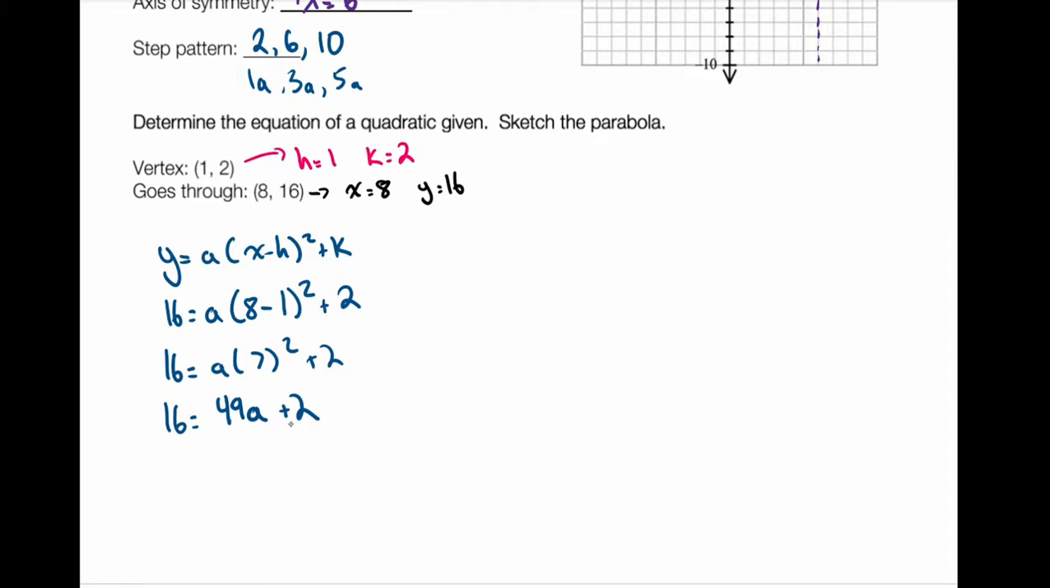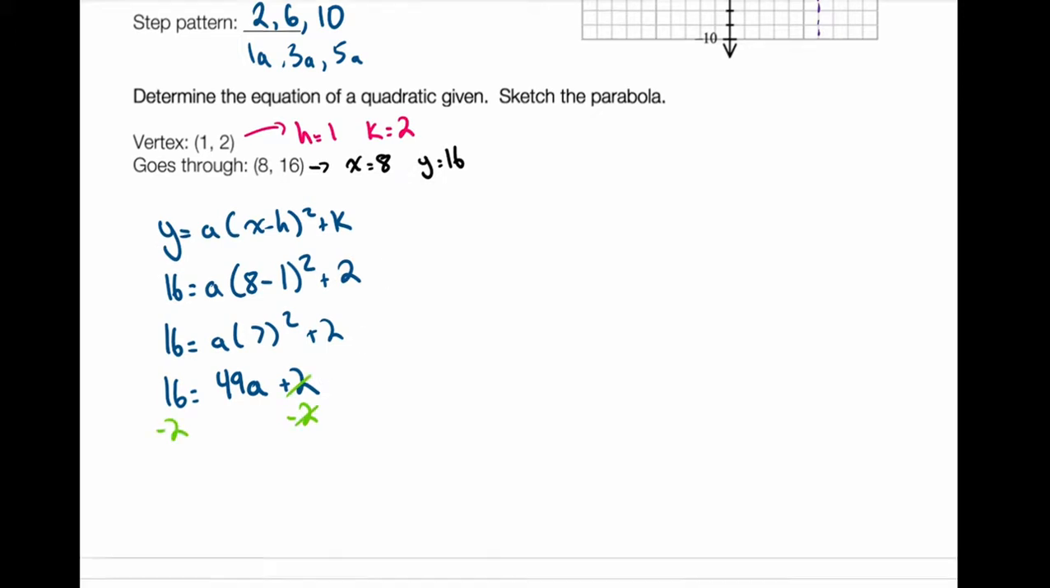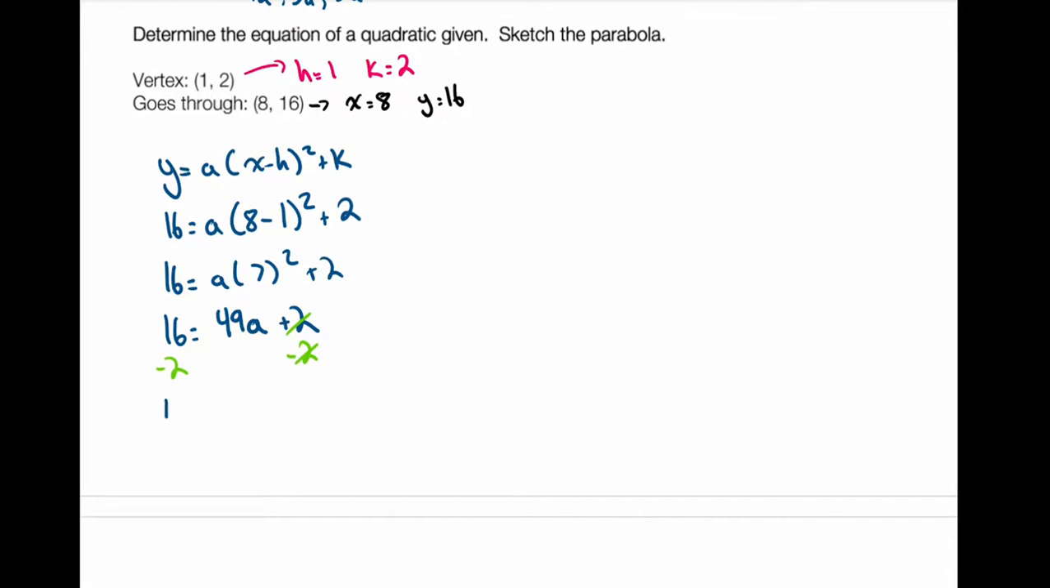I want to get rid of the 2 on the one side to get a by itself, so I'm going to minus 2 from the other side. One side cancels out, so we have 14 equals 49a. Now to get a by itself, I have to divide both sides by 49. One side will cancel out, and we have,